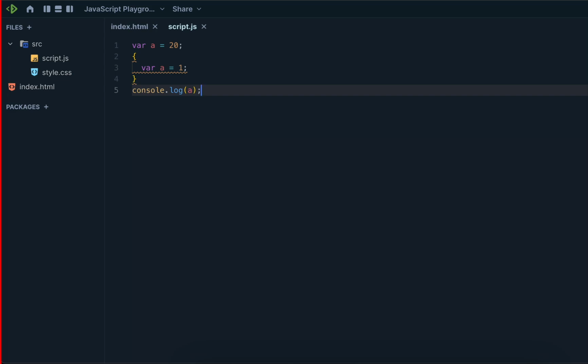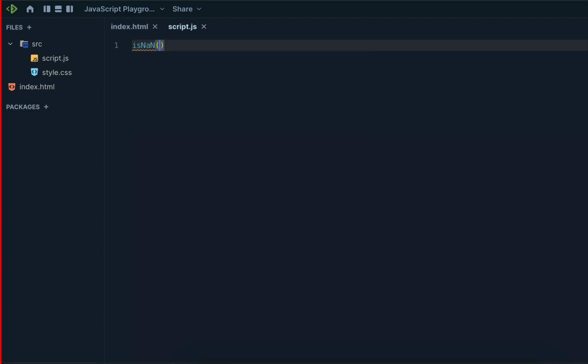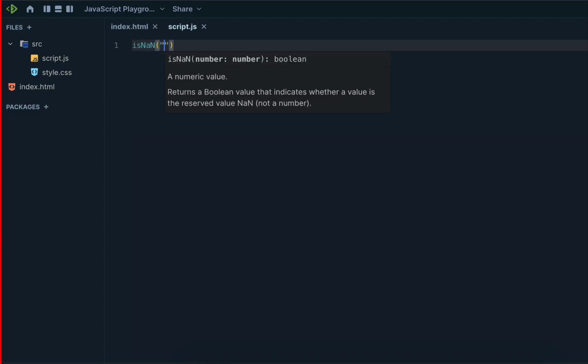The next thing: you know NaN. In JavaScript there is a separate function called isNaN. I'm checking isNaN of hello. What is the output for this question?